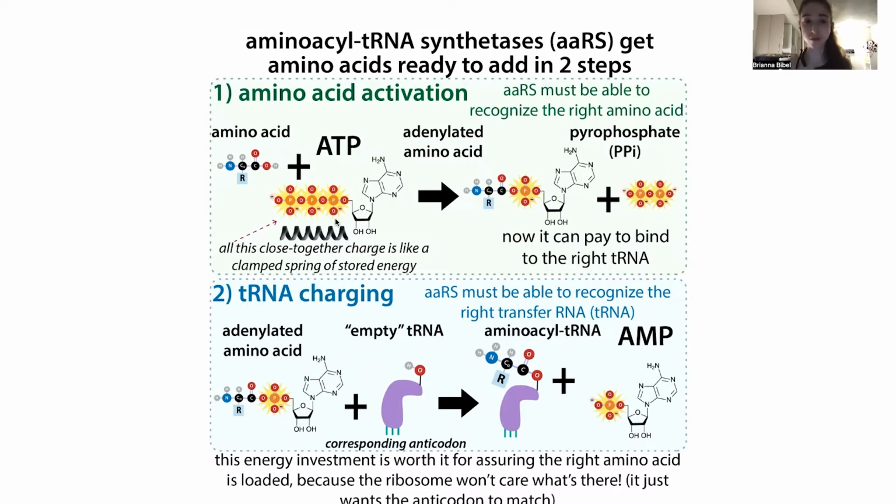So additionally, we're directing it to where we want it to attack, and we are making that attack more favorable. Another thing is when you break, here we're adding AMP instead of ATP. When we do this, you get this pyrophosphate, which is these two phosphate groups, which then you have pyrophosphatase. So basically these can get broken up with the help of another enzyme,